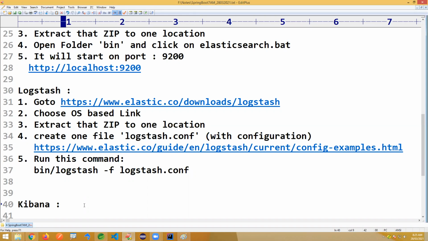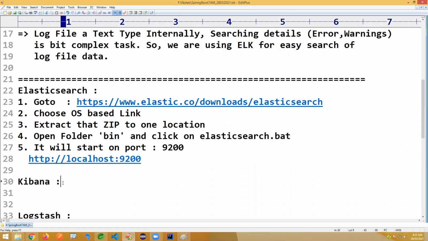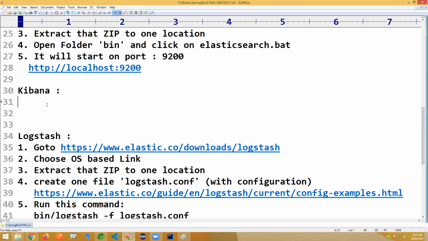In the execution order, I said you execute Logstash third, but I gave it by mistake here. So second, execute Kibana. First Elasticsearch, then Kibana. First finish these two executions, then do the Logstash execution at last. So second we have to run the Kibana software too.